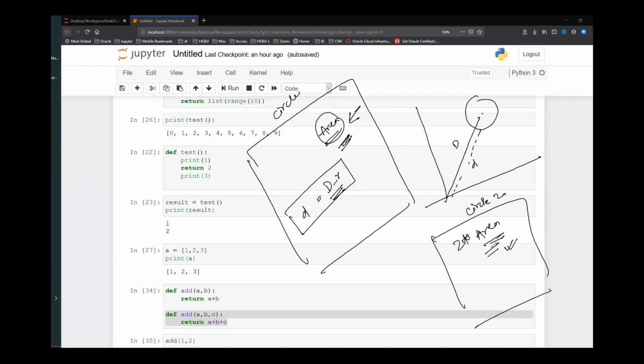Making sense? With functions, all I'm trying to do is packaging it, bundle. I'm just making a bundle of it. Every related thing, I'm just bundling it together. That is one aspect of thinking. It's not exactly what I'm saying right now, but just to make an analogy and make you understand, there are other principles.